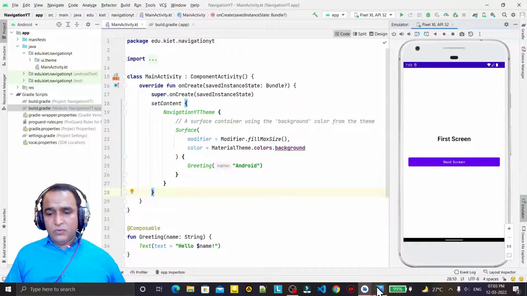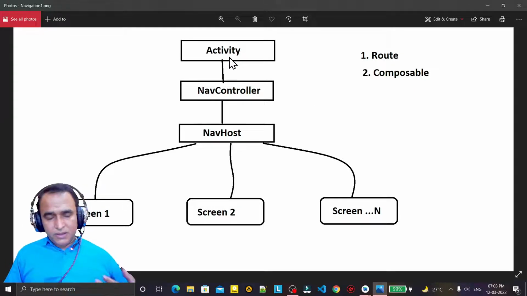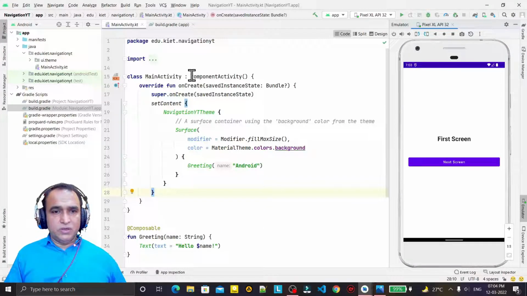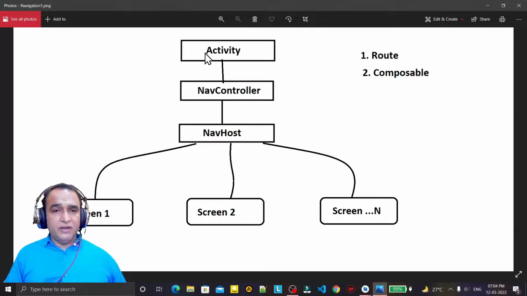So first of all, we have to understand what is the process to make such kind of application using Jetpack Compose and how we can use navigation here. So you see that we have an activity. First of all, remember, try to understand it. We have an activity, and this activity now we call ComponentActivity. So under the activity, we have to create a NavController object, and with the help of NavController, we should create a NavHost. And with the help of NavHost, we have to pass the number of screens which we want